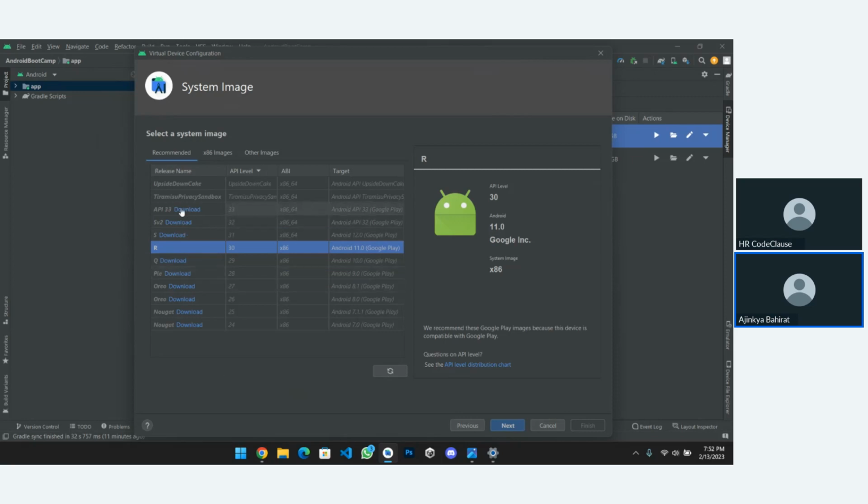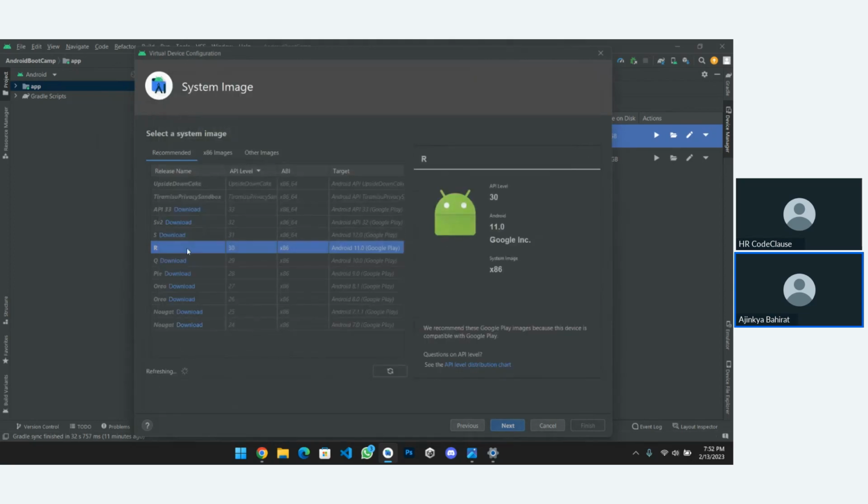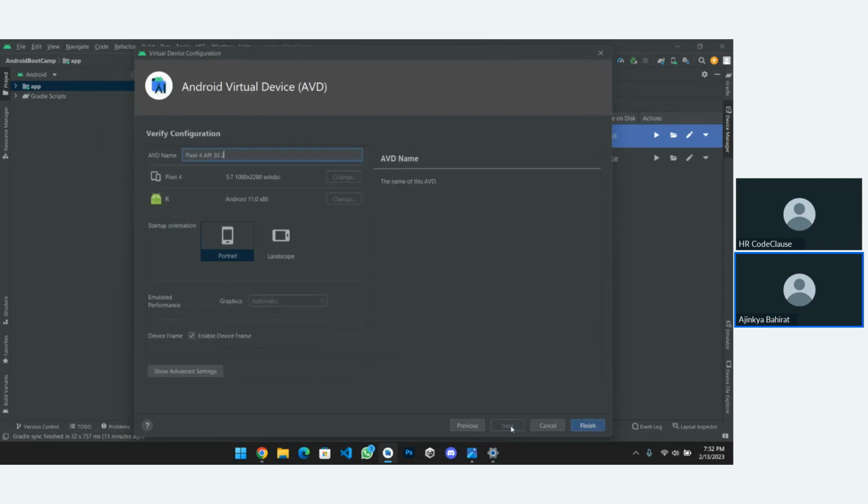As you can see, the size is bigger. If you're starting with Android, initially you need a large amount of internet for downloading and installation. So I'm canceling this right now because it will take some time on my internet. We will go with R, then click on next.